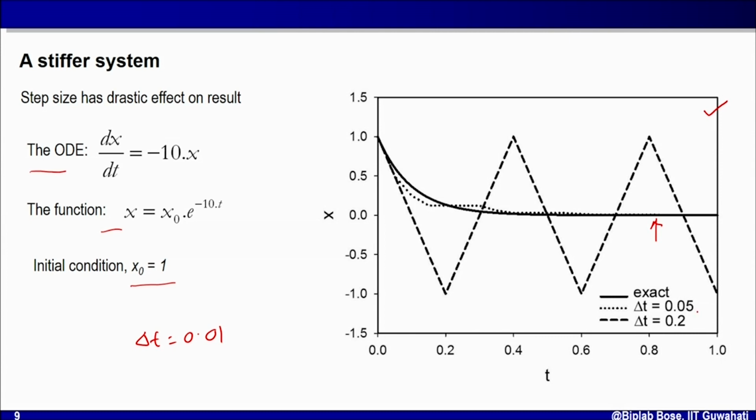If you take delta t slightly bigger, 0.05, which is shown in the dotted line here, you can see for most of the part here and here, it is similar to the analytical method, but in some portion it is deviating and we have some error. But this deviation is absurdly high when you take delta t equal to 0.2. Then you can see this bigger dashed line, the value of x is almost rhythmically varying with time,